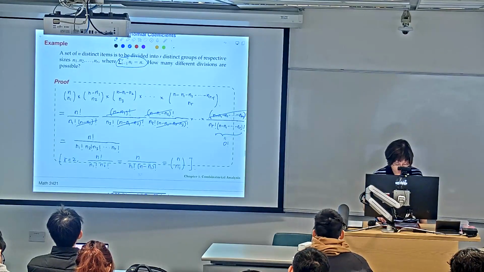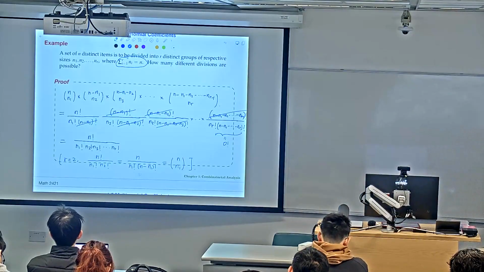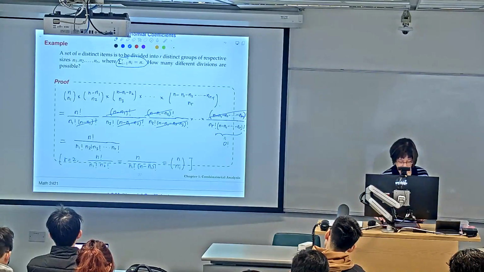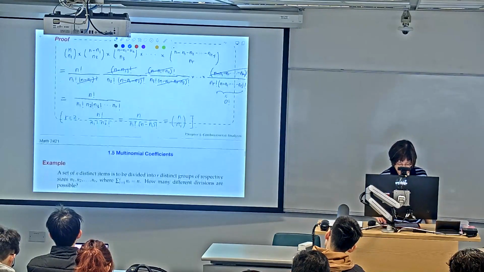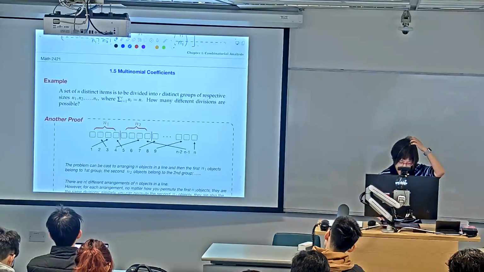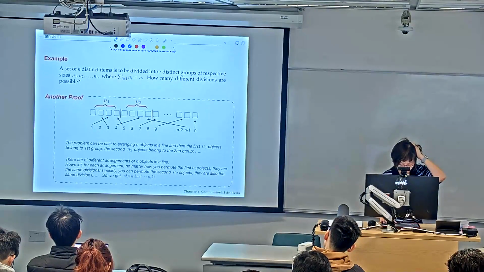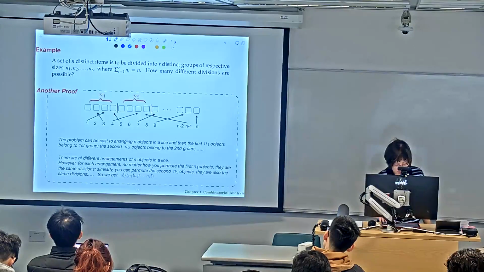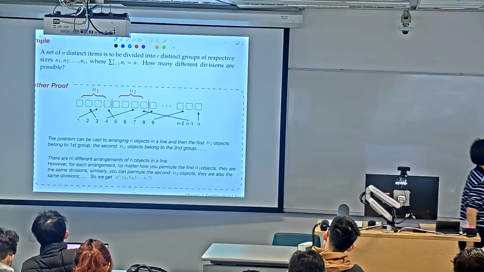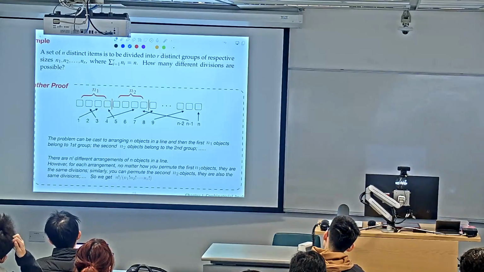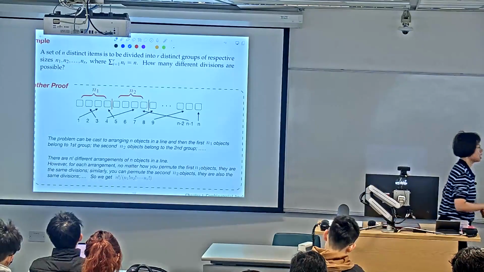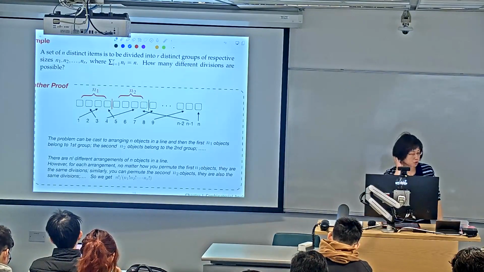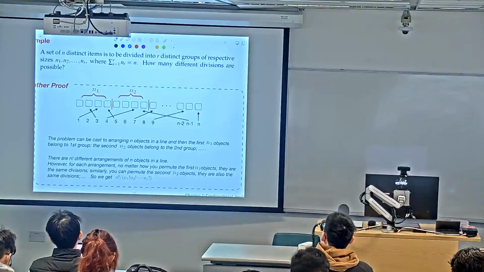Okay, so the expression looks very special, and we'll call this number the multinomial coefficient. Before we give the definition, let's also mention another proof. You can do it in other ways. Let me go over it quickly. We can think of arranging the n distinct numbers in a line. You have n factorial ways. And for each arrangement, let's see how we define which group they belong to. So you can consider the first n1